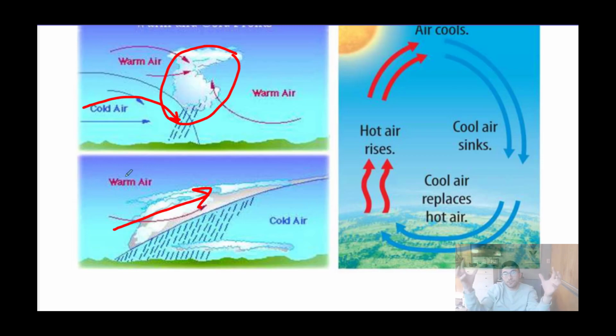Where the cloud sort of forms in one location. It's not over a lot of land. You get heavy rain because all of the water is concentrated in that one area to come down at once, where when the warm front moves in, you're going to get steady light precipitation over a period of usually several